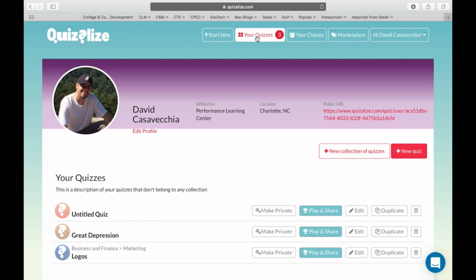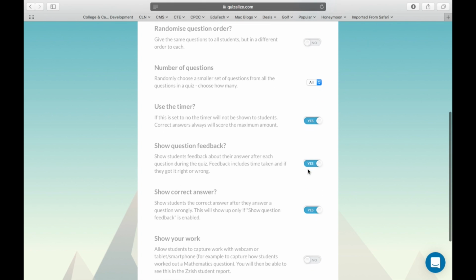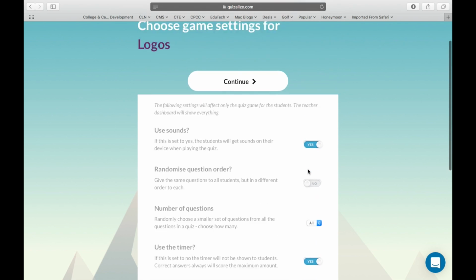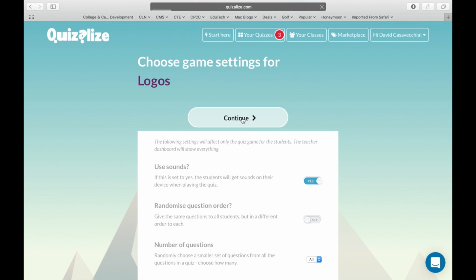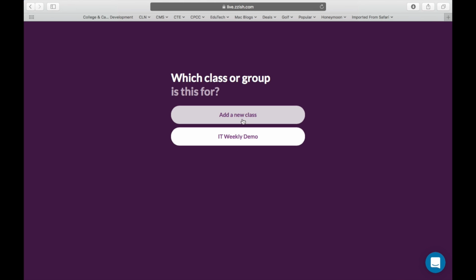So when you're ready to give a quiz, you're going to select your quizzes, and then you're going to select play and share. And then you're going to give it to your class. This will then give you a few options that you can select, like using a timer and having sounds play. You'll then select continue, and now you're going to assign it to a class or a group. If you have already created a class or group, you can select that, or you can add to it to